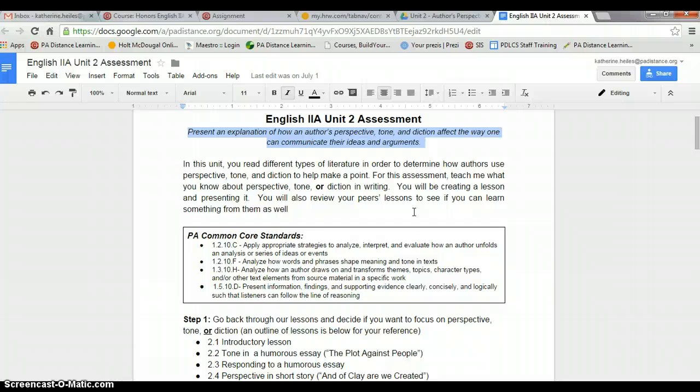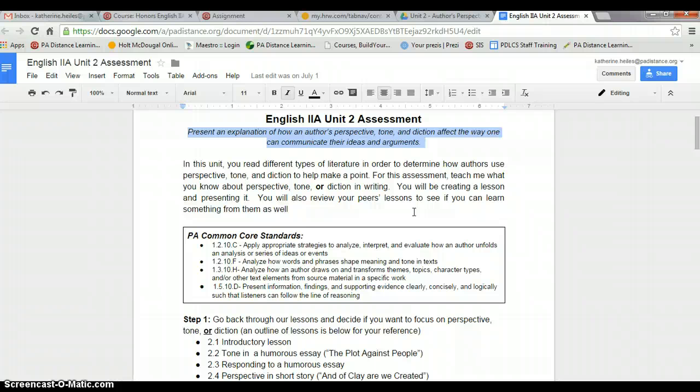So you looked at a humorous essay, you looked at a short story, you looked at a news article, you looked at a historical text, you looked at a video of a historical text, you looked at a historical eulogy, all kinds of different genres of writing, and they all used diction in a different way that helped to address the tone. So just to recap how they all fit together, remember that your author's perspective is based on their